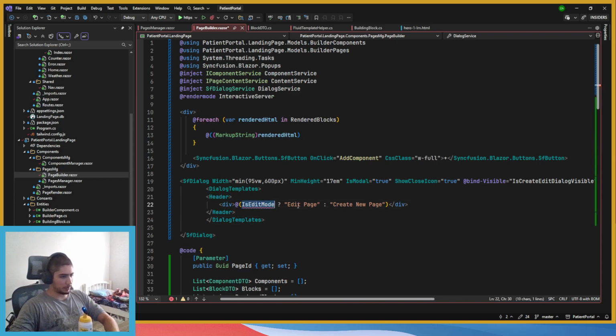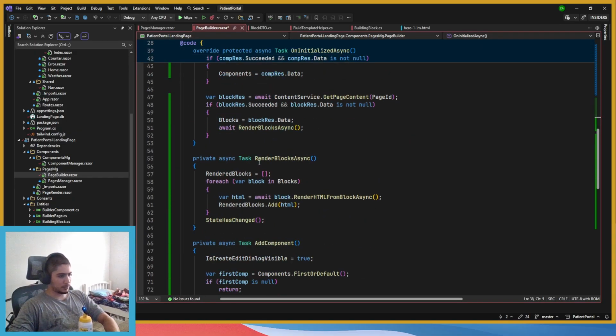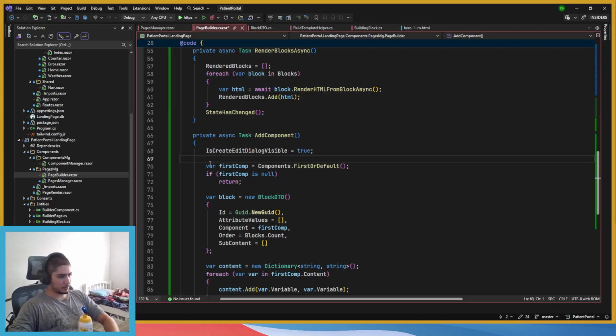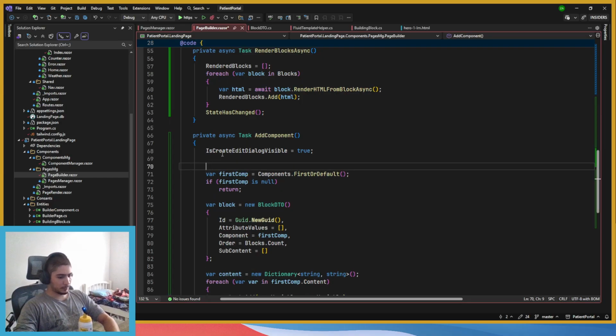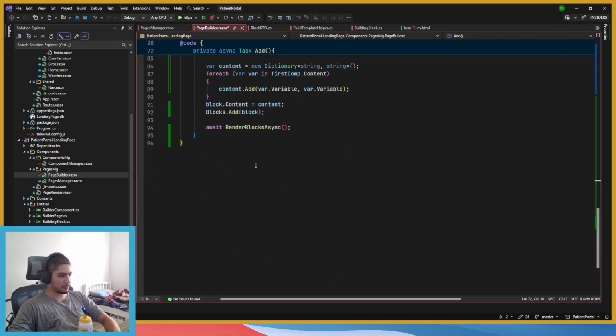Okay. Edit mode. False by default. Boolean. Should be fine now. This one's add component. See how it goes.